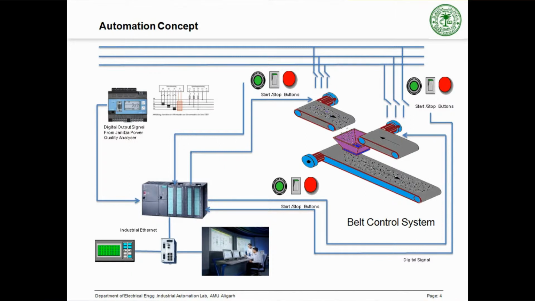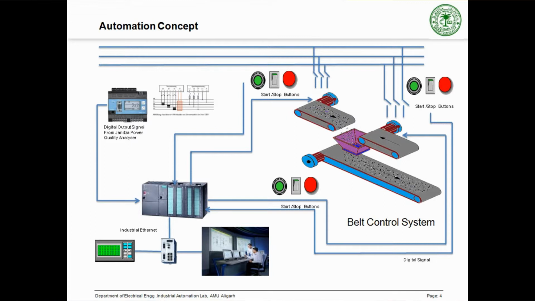So here belt 1 and belt 2 cannot transport at a time. If the operator fails to observe this, it indicates an alarm. We also have a belt 3, which runs automatically when belt 1 or belt 2 is running, and is controlled through the start stop button. When we want to stop belt 1 or belt 2, they will continue to run for another 5 seconds before completely stopping. Then belt 3 will also continue to run for another 10 seconds before stopping completely. So belt 3 can switch on or off directly if and only if belt 1 and belt 2 are not in operation. The entire logic is controlled by PLC programming.